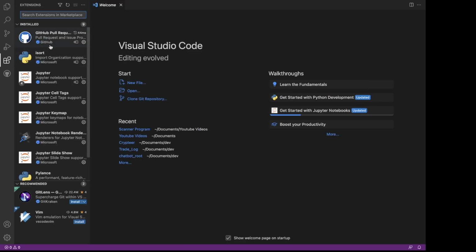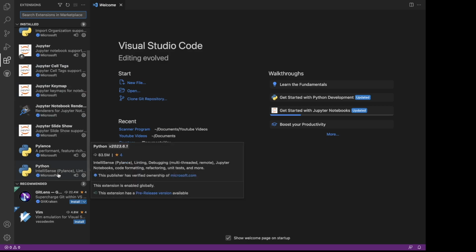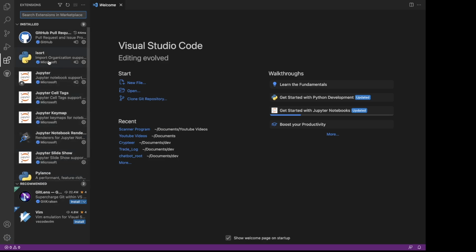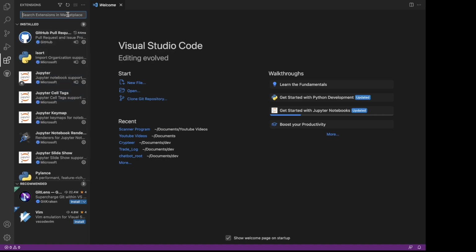So I actually already have these installed because I've previously installed Visual Studio Code on this machine. But I would highly recommend pretty much just these extensions. Definitely the Python extension. This helps a lot with writing Python code. Pylance is another good one. iSort, GitHub pull request. And then another one that I do really like that I don't see that I have